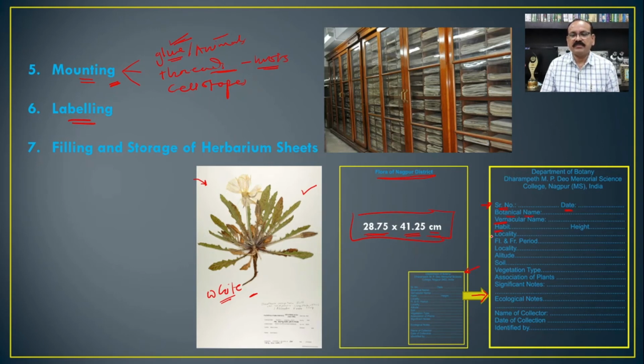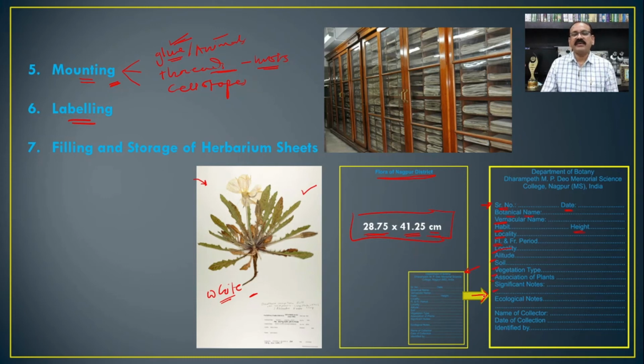Then the habit of the organism or specimen, like herb, shrub, tree, climber, twiner, etc. Approximate height of the organism, then locality from where that plant is collected, flowering and fruiting period, then altitude, then type of soil, then vegetation type, then association of the plants, and